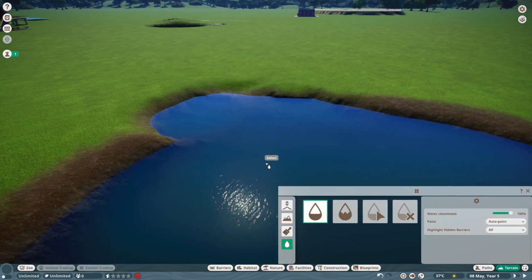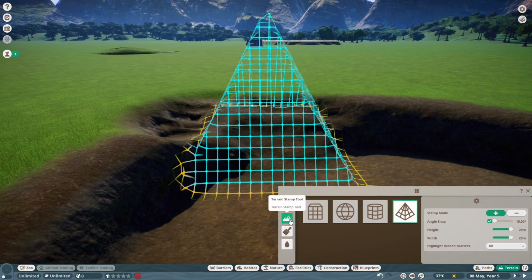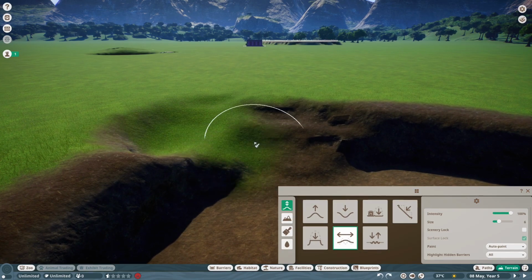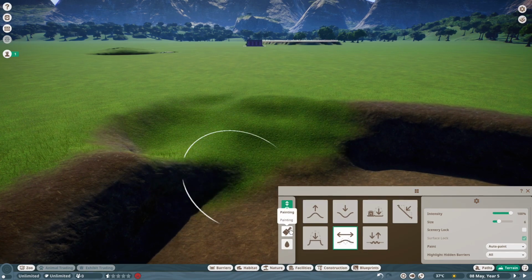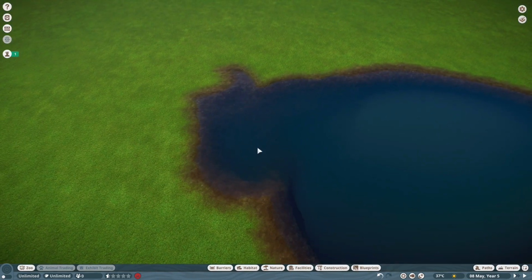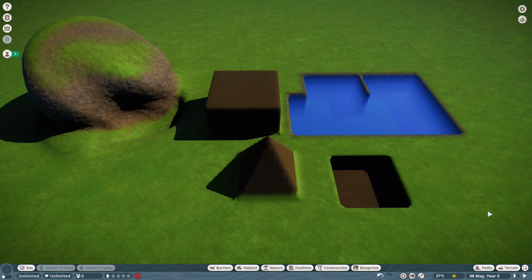Now if we cover this now, you can see it creates even more of a slope. If you want to perfect it, you can even go back into your smooth tool, smooth it all down like so, replace the water, and that should really help with getting your animals into the water if they can't do so already inside your habitats. And that is pretty much the video. It was just a simple, quick video for anyone who's unsure of what to do with the actual terrain tool